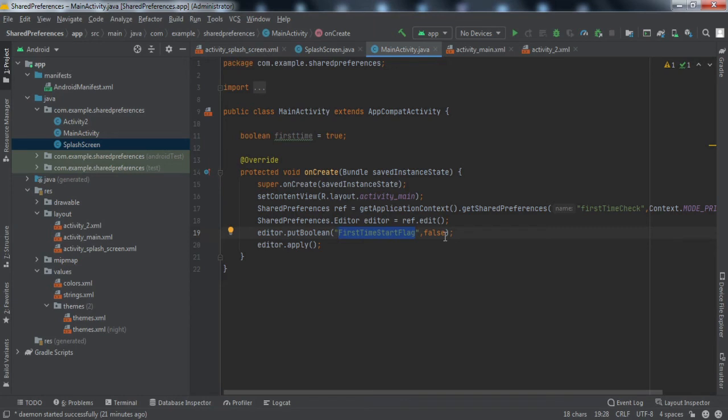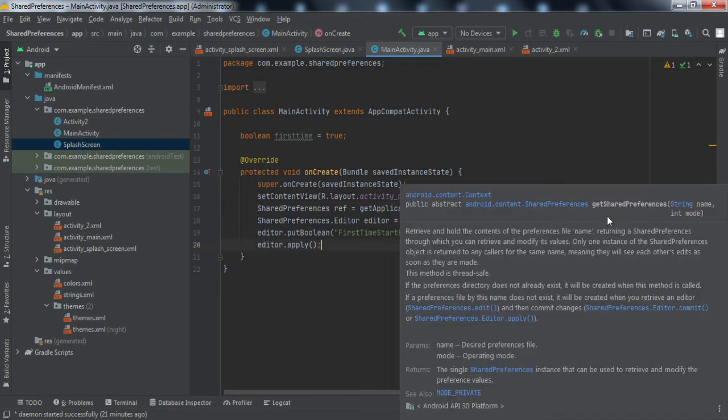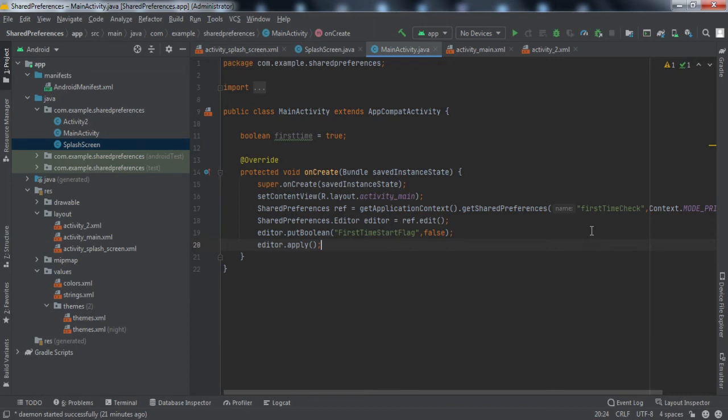Another best thing about shared preferences is that you can access these shared preferences in any activity of your application. But the condition is to use getSharedPreferences, right? There is another method called getPreferences. Then you need not name the preference, and that preference will be for that particular activity. So I'll suggest using getSharedPreferences if you want to use the data in multiple activities, right?